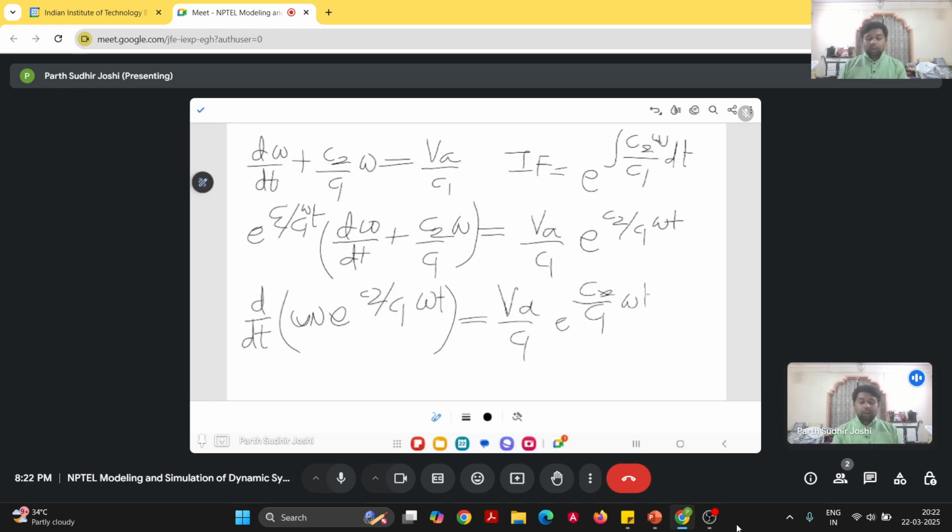So now we can easily integrate this differential equation because it is now in variable separable form. So then what we get is,